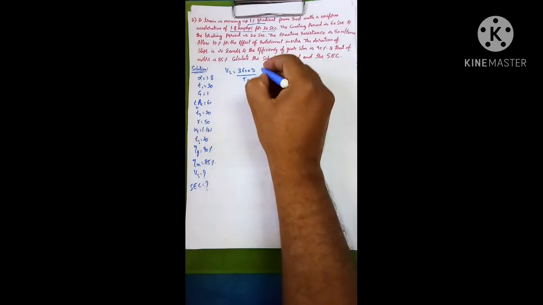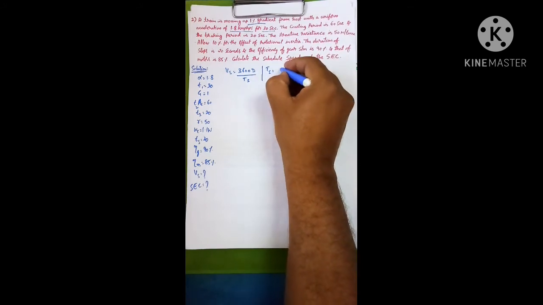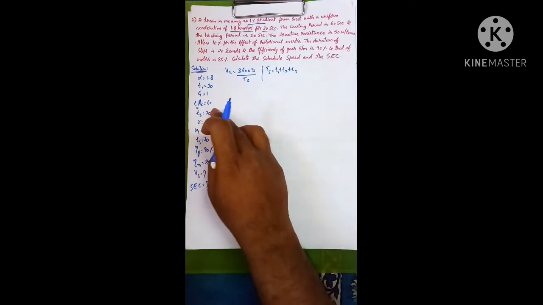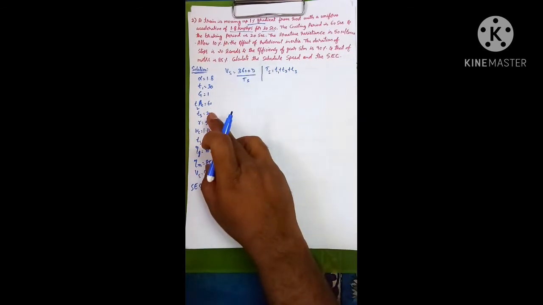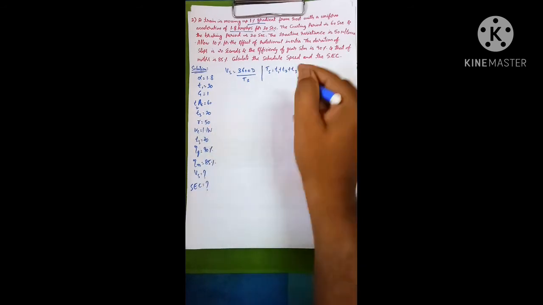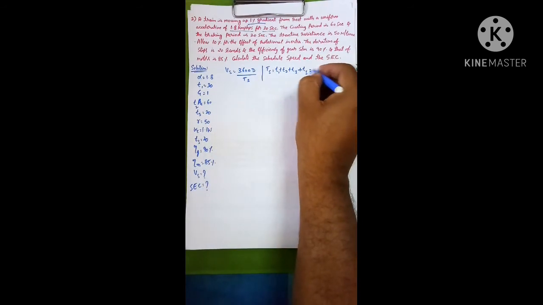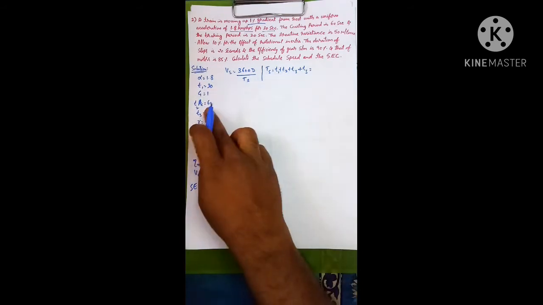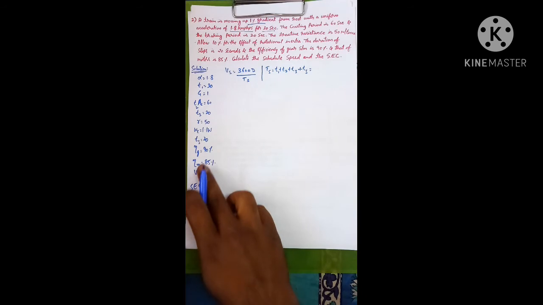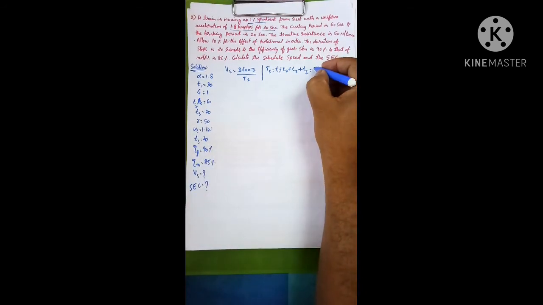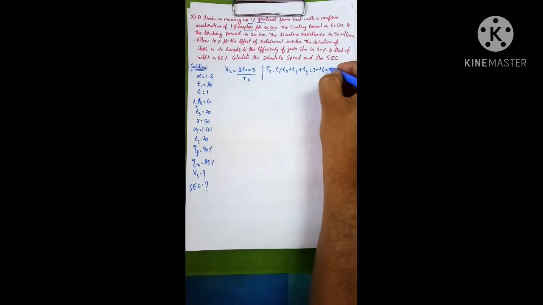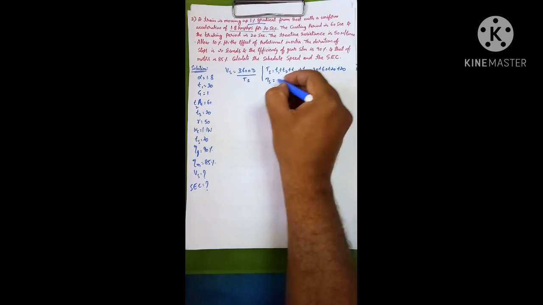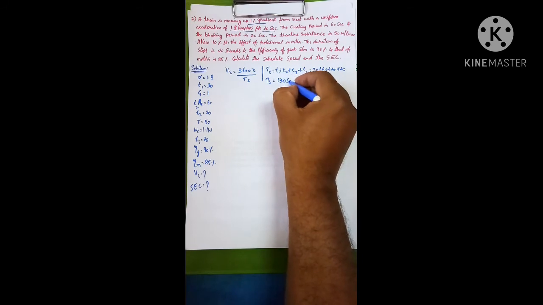So let's see how to find Ts. The schedule time is nothing but the total time, t1 plus t2 plus t3, that is acceleration time, coasting time and braking time, all the times plus stop time. If you add this, you will get the total schedule time. That is given in the question. T1 is 30, T2 is 60, T3 is 20, Ts is also 20. So we just need to add it: 30 plus 60 plus 20 plus 20. Total, therefore I can write Ts as 130 seconds.